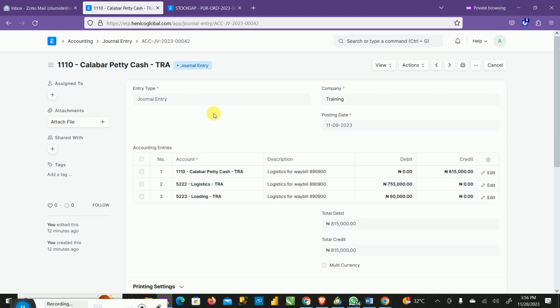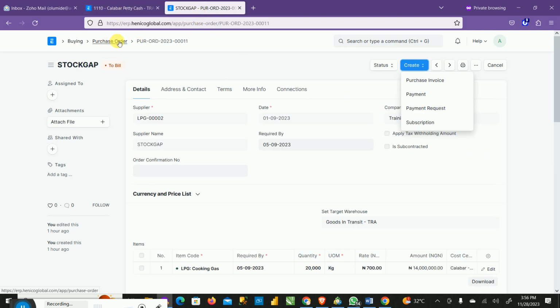So at this point, you can see that in the system you can specify the bank you are paying out the money from, and you specify the ledger account. So these are the totals that are supposed to be in that account. So this is debited and this is credited. So you have finished that process. But remember that you have not yet completed the supplier's invoice, because there is still a supplier's invoice there. So for you to do your supplier's invoice, just go back to the same purchase order,